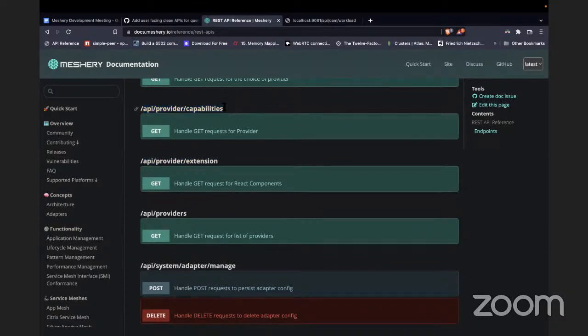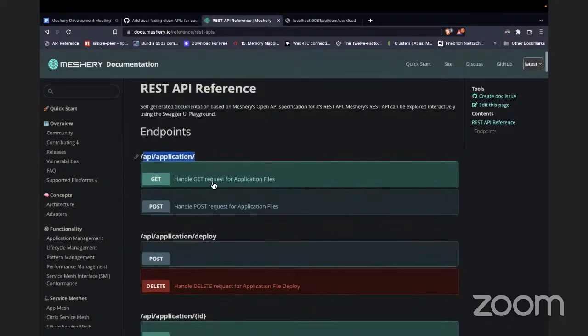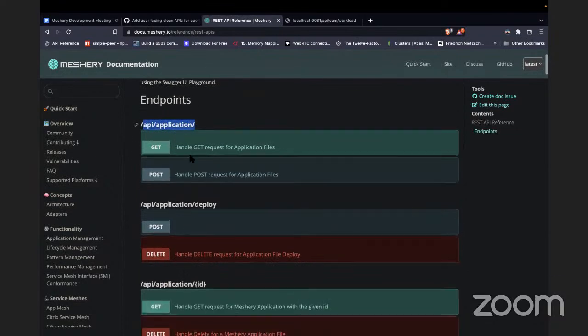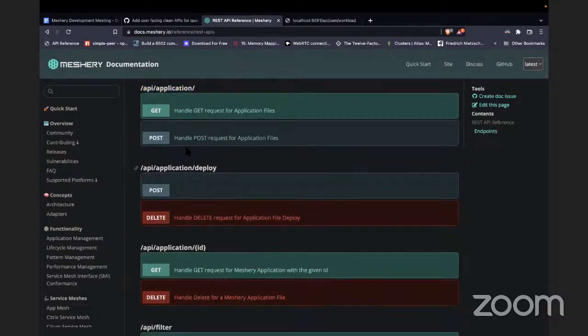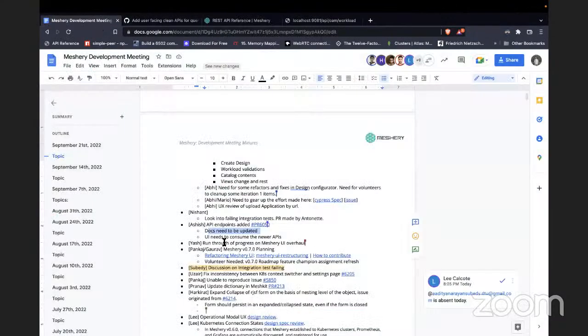So I just need a little bit of clarification from those who have worked on this API reference docs until now: how much of it is manual? Because I actually see the commented lines which would be helpful to generate these things automatically. So that should be used instead of manually updating it. Once we have those endpoints reflected here, the second item would be for the UI to actually consume those APIs. Things would be a little bit faster as the UI goes to consume these. That's a whole other discussion.